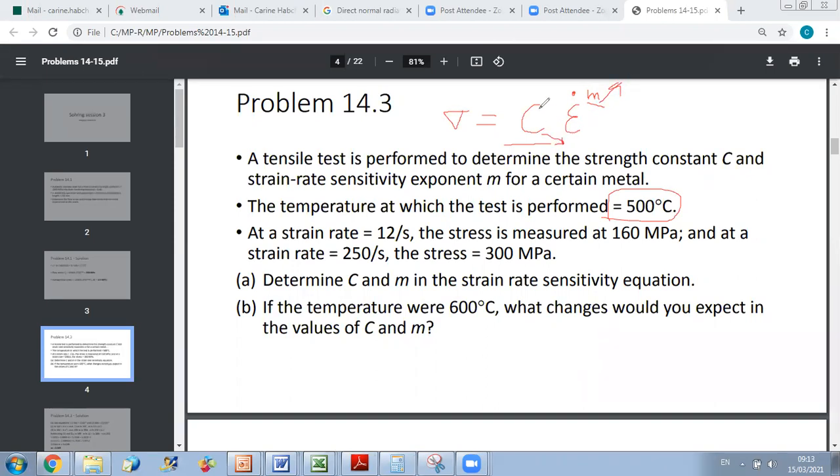Okay? Why we expect that C will decrease? Because we know that when we heat, it will be easier to deform. But also when we heat, the strain rate will affect more the variation of sigma. Now,